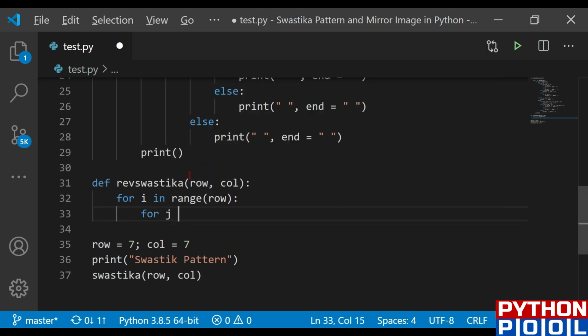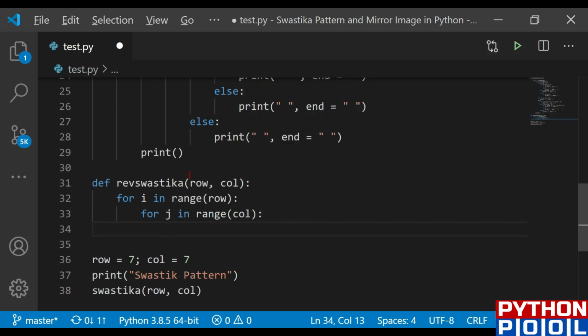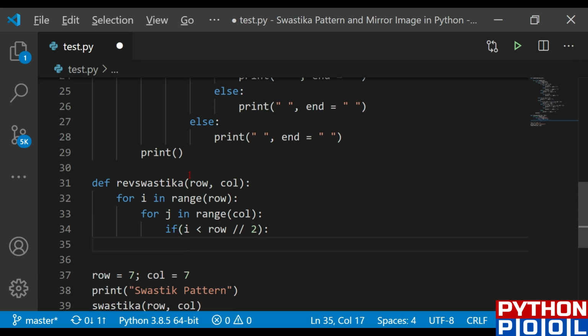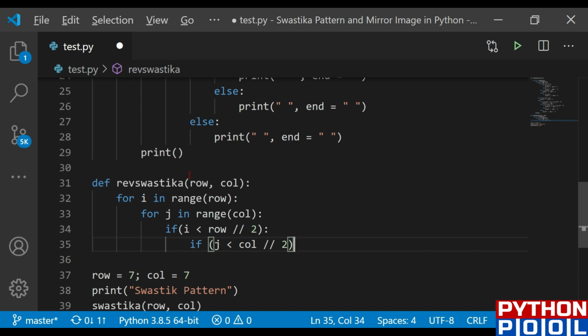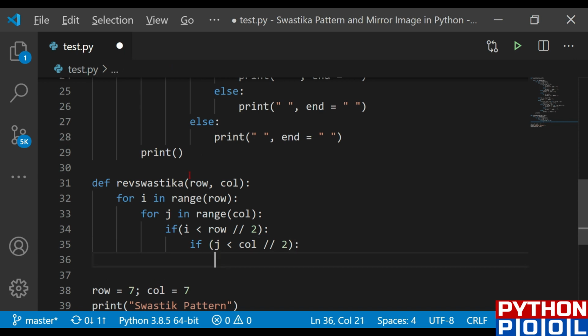So for j in range column, and then I'm just going to pass the similar conditions as I asked in the previous function, but I'll be changing the pattern somehow. So if my i is less than equals to row by 2, then I'm going to ask if my j is also less than equals to column by 2, just as we did in the previous function.